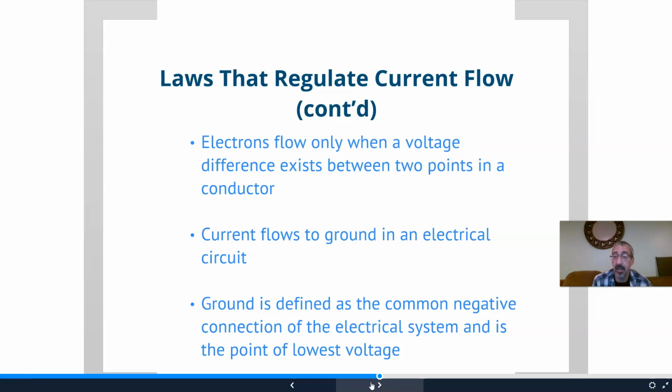Ground is our lowest. We had a conversation about that when we talked about jumper cables. Ground is defined as the common negative connection of the electrical system and the point of lowest voltage. The negative side of the battery is 0 volts. That is connected to the metal of the vehicle. Therefore, all the metal in the vehicle is a pathway back to ground, and that is the common negative that we're talking